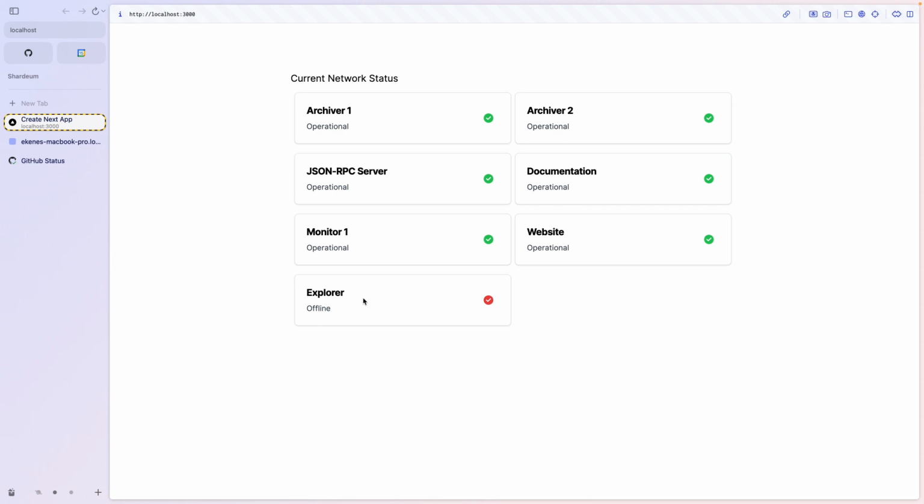So on the next live stream, my colleague Sonia is going to walk us through the process of setting up Shardeum to work locally on your machine, right? We're going to go through the process of optimizing your local machine to set up the environment the right way to run Shardeum. And then when we've done that and installed the necessary packages, we're going to clone the Shardeum server locally, run it, and see what it looks like to actually have the Shardeum network running locally on your machine. All of that is going to happen on the next stream, so do not miss it,